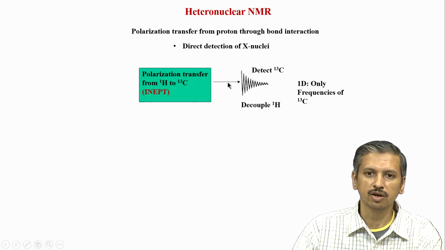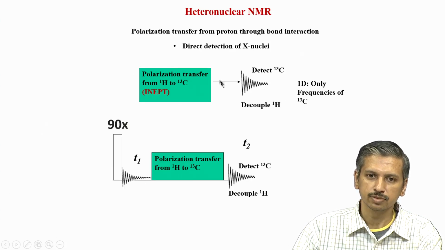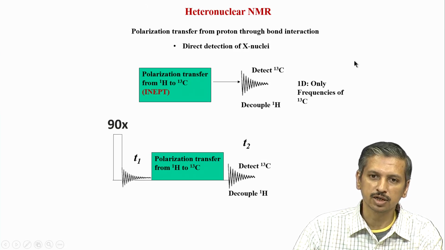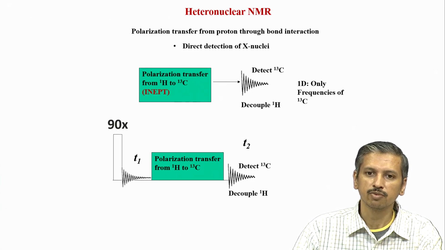Now, in the 1D we will get only the frequencies of carbon. As I showed you in the previous class, when we looked at 2D NMR, one of the reasons we need 2D NMR is that we want to correlate 2 chemical shifts. We want to connect one proton with the corresponding carbon. We do not want to only look at carbon alone. That is something done in organic chemistry, where you are characterizing simple molecules, but when it comes to biomolecules, 1D carbon NMR has not much use.